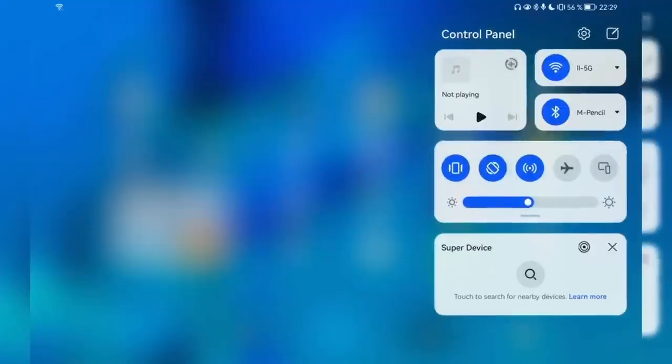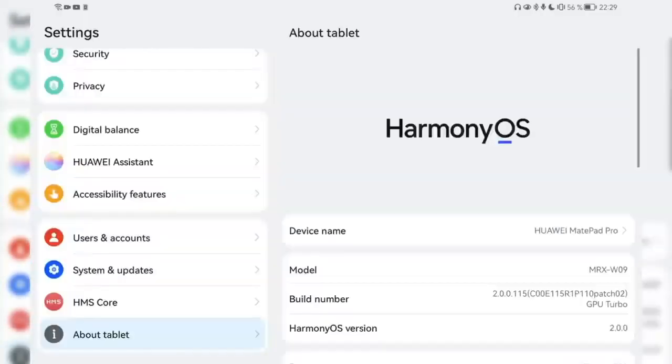And when I go into settings, you can see that the settings changed a little bit, the design changed, the font has changed. You can see now it's showing HarmonyOS here. It's showing that it's running on the MatePad Pro, and it's version 2.0.0.115 of HarmonyOS with GPU Turbo. And this all is running currently, the whole UI is running in an optimized way, but it's running on this AOSP Android layer. This is why some say HarmonyOS is just a clone or fork